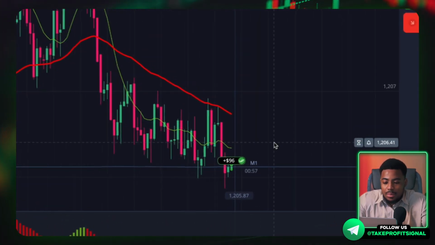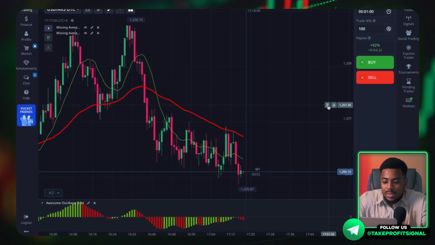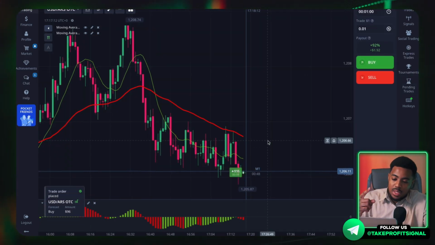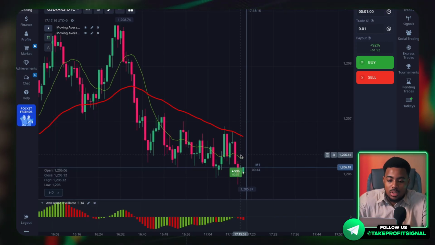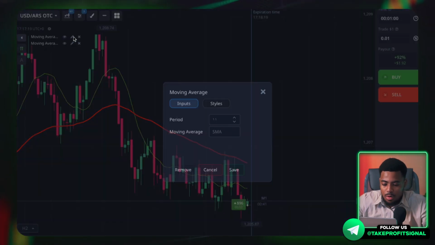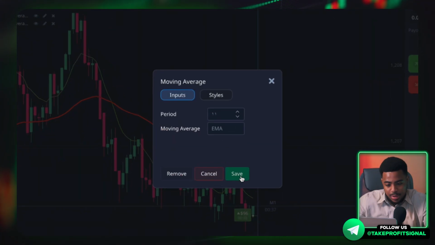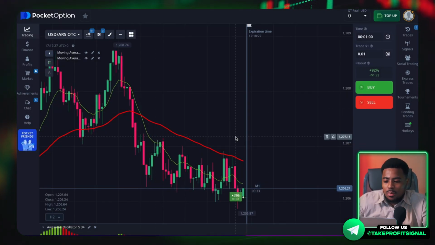In the meantime, the first trade closed in the plus, but I propose to make the same trade 100% also on upside for 1 minute, because I still do not consider that the signal has worked out. So after we have set up both of our indicators, here we also put the EMA. I forgot about that a little bit, but after we have set up our 2 indicators, let's move on to